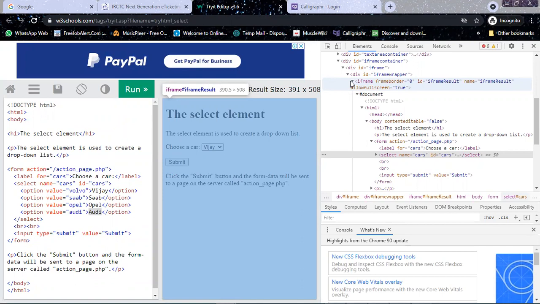How do you switch to the frame? By using the ID or name. Now use the ID.